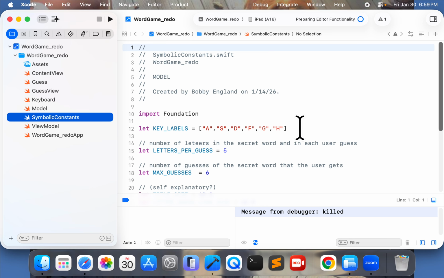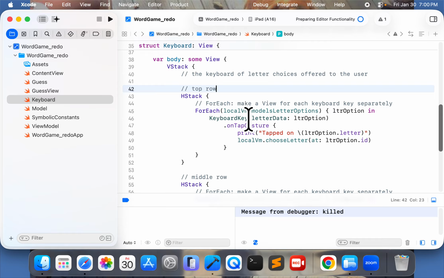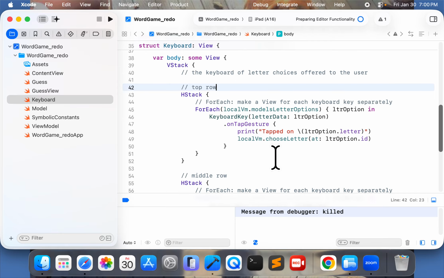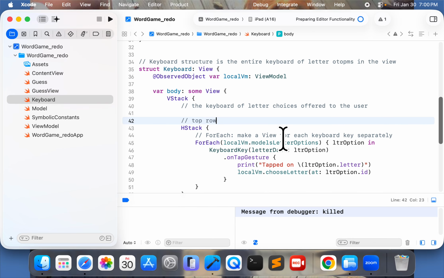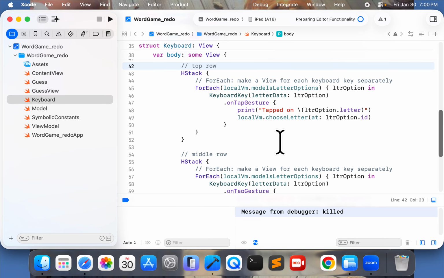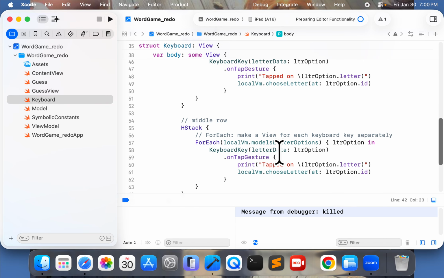And yes, you can have arrays of arrays. So I had an array that had three arrays in it. And the indexing is what really got me messed up. I started having very complicated expressions just to get the letter that I wanted to go on the key. So rather than do that, I'm going to put all the letters into one big array. And that way, when I loop through it or